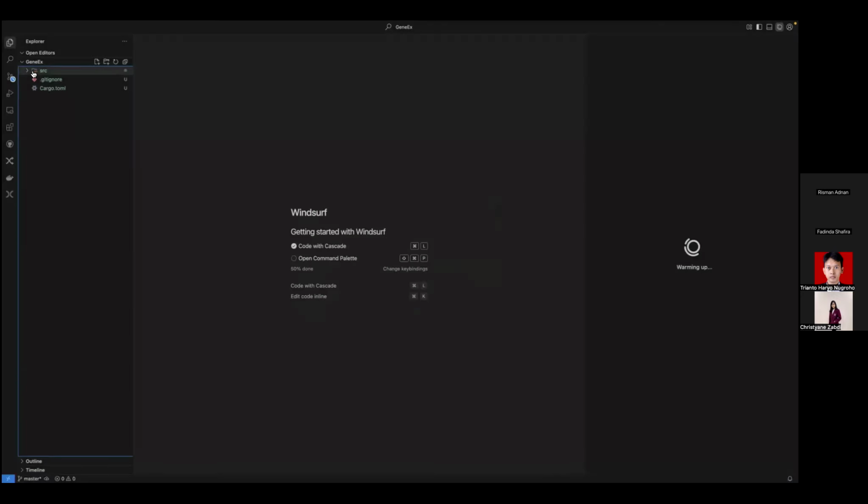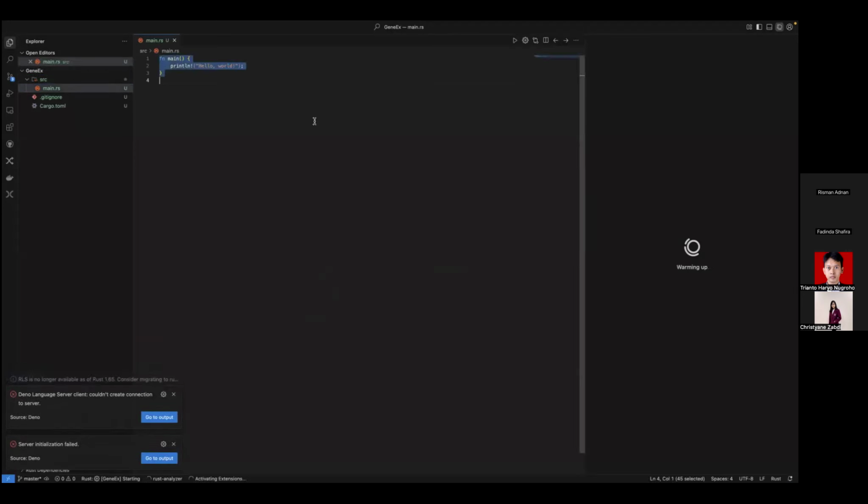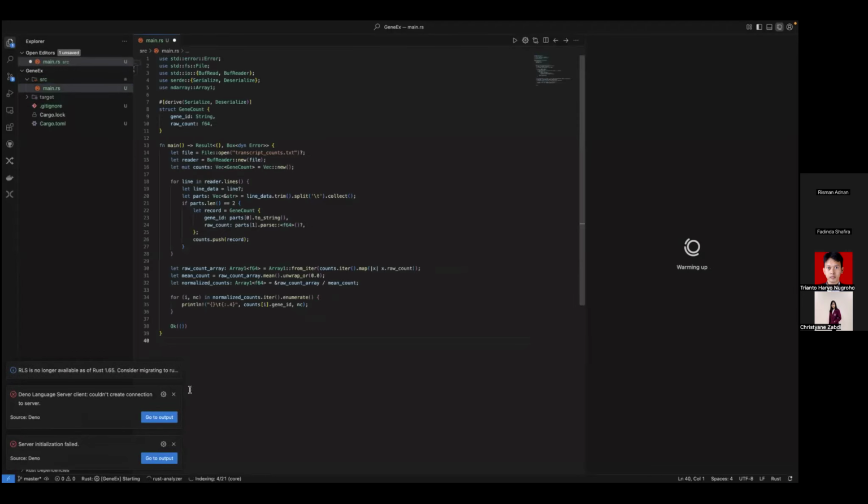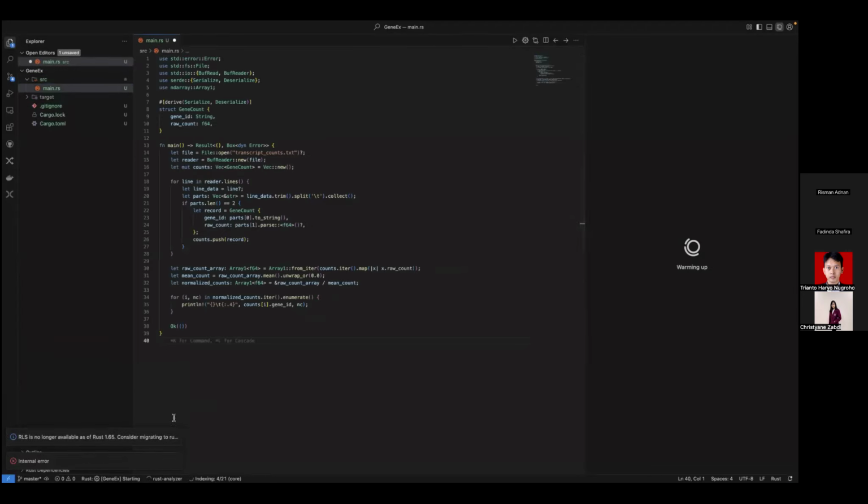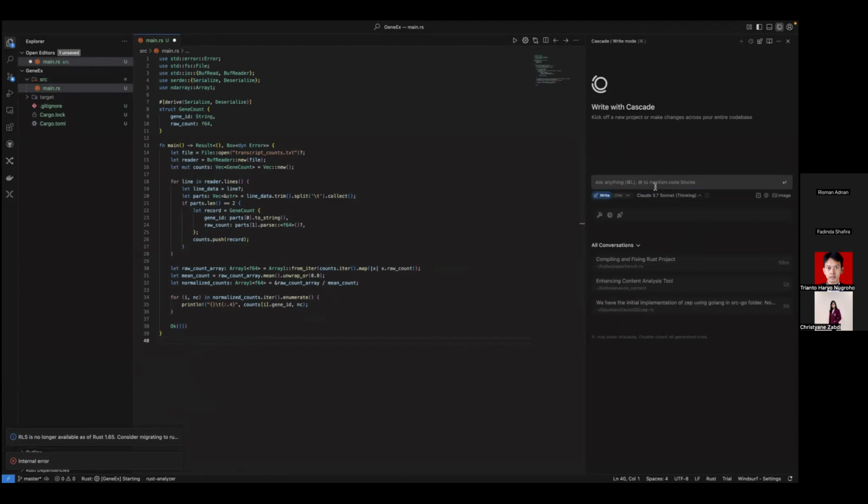Okay, let's say your initial code is like this. We just paste it here, okay? And then you can say to the AI on the right side,